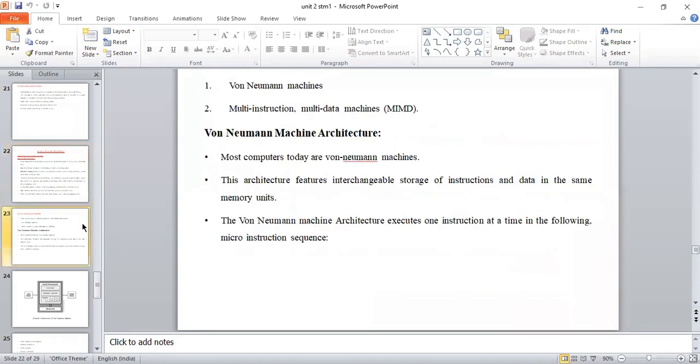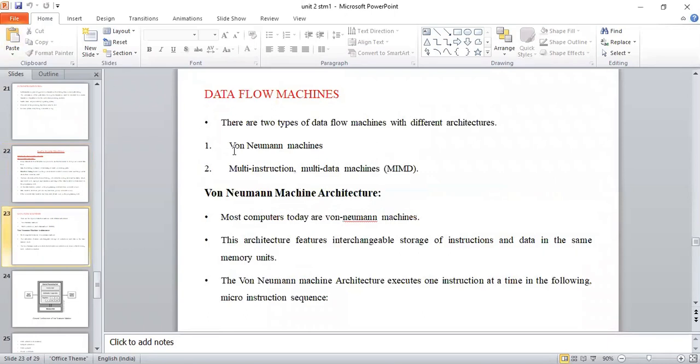Okay, so the next one is data flow machines. In the first slide, we discussed that data flow testing has to be implemented, and it will identify and rectify the errors. These points were discussed in the first part, called data flow testing. So these are all implemented in a machine called a data flow machine. The testing has to be done in the data flow machine. There are two types of data flow machines with different architectures. So data flow testing can be done in two different architecture formats. Two machines are available to test this data flow testing.